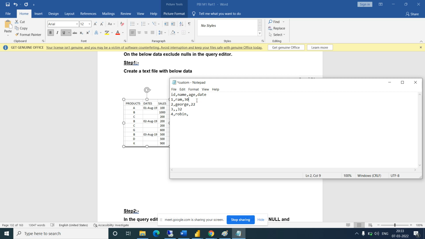In the date column I am adding some dates. So 1st August 2019. Then I'm leaving the next two blank. Then for the third one I am adding a date again, that is 2nd August 2019, and then this is the fourth,